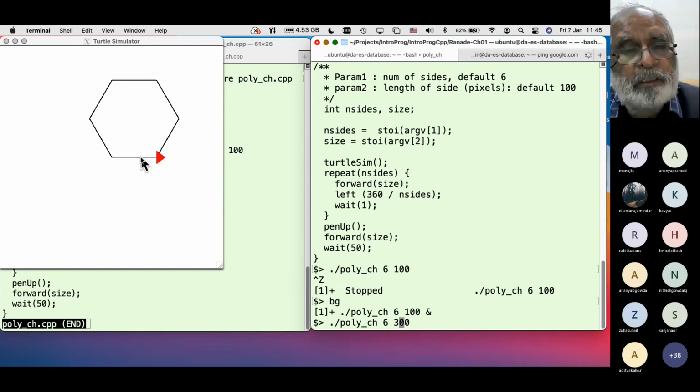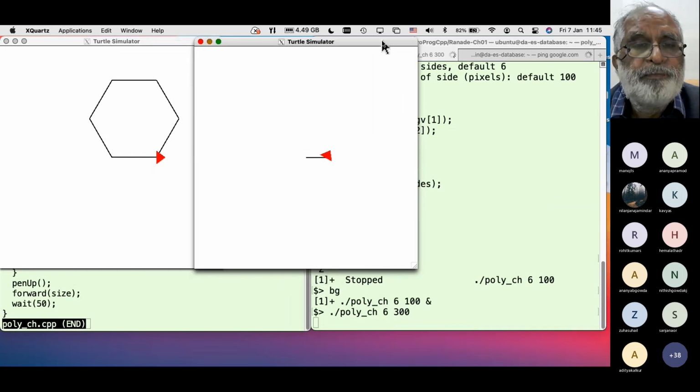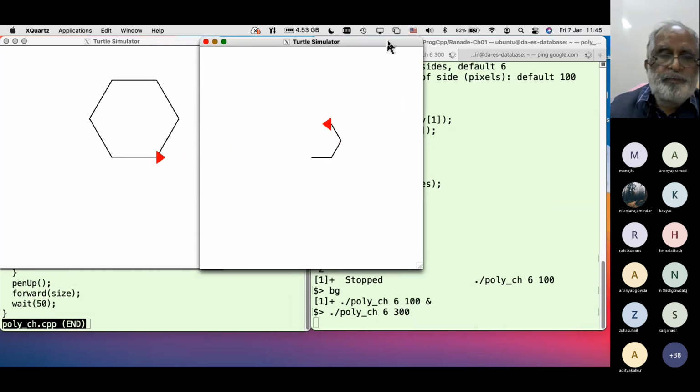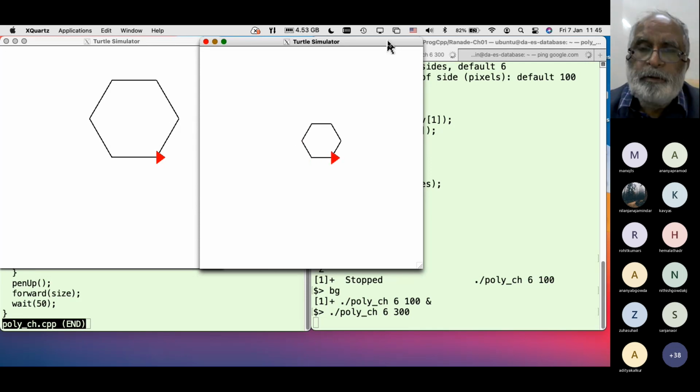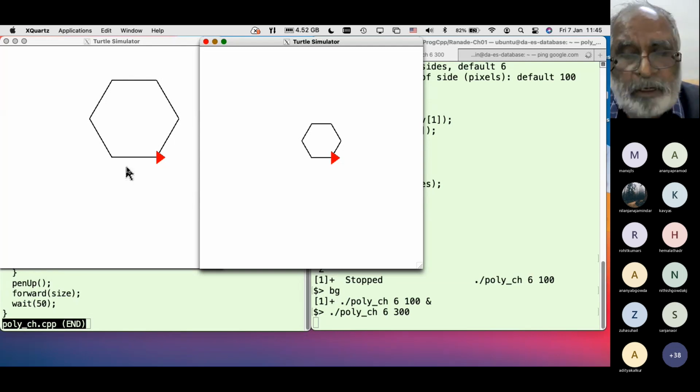Do I see a bigger side or something else? Let me run this program. See, this I'm running with size 100. This I'm running with 300, but I'm getting a smaller one. Want to give me another number? I'll run with those numbers and show you even better.